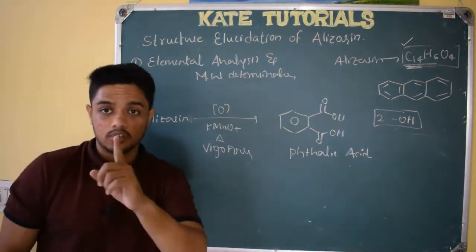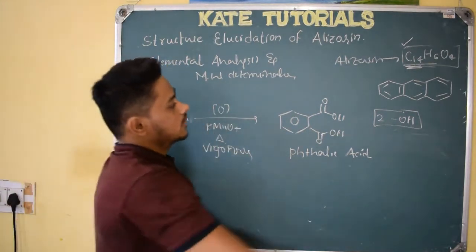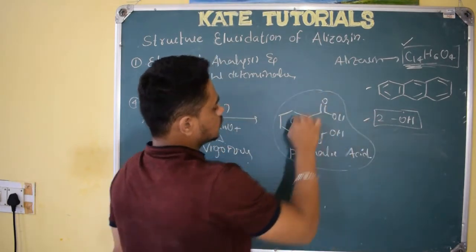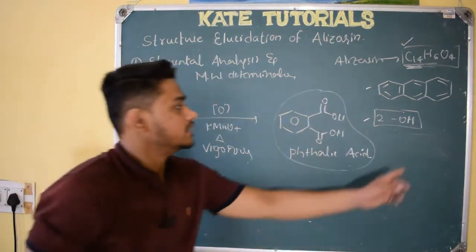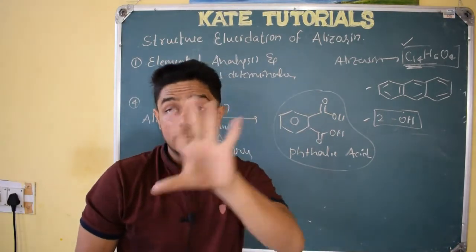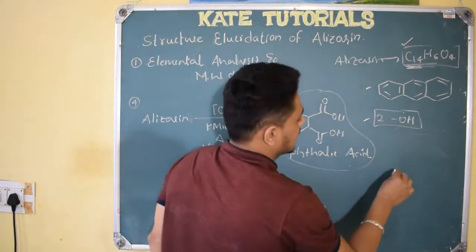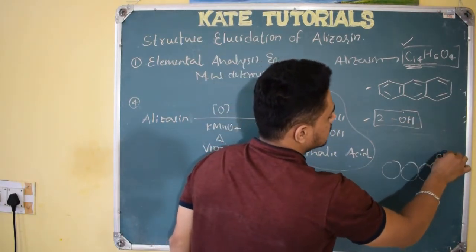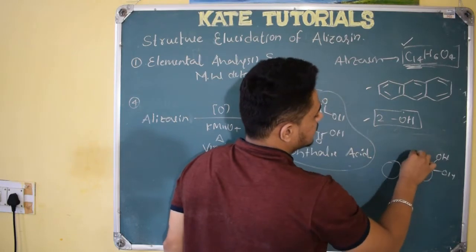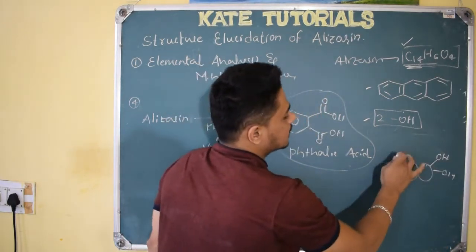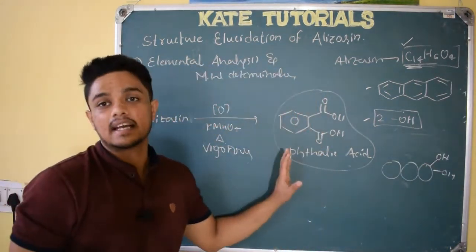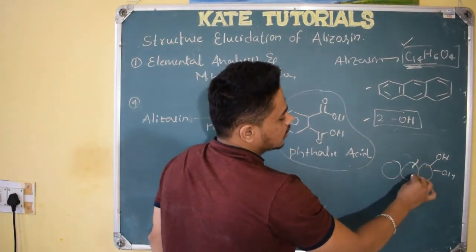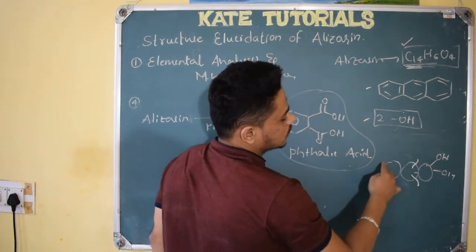This conclusion you should remember to give the structure. So first the anthracene ring is there, 2 OH groups are there, and they got this phthalic acid. From this reaction, what can we tell? See, these 2 OH groups are in one ring only. There are totally 3 rings like this, but these 2 OH are in one ring only. It may be like this, or here or here, anywhere, but this reaction gave only phthalic acid. If 3 rings are there and we do oxidation under vigorous conditions, it will break like this. So we will get phthalic acid.